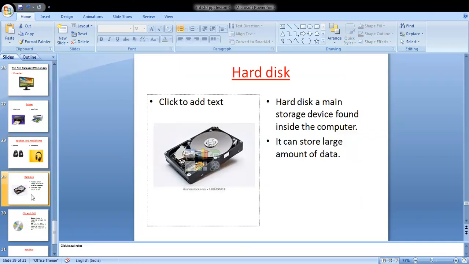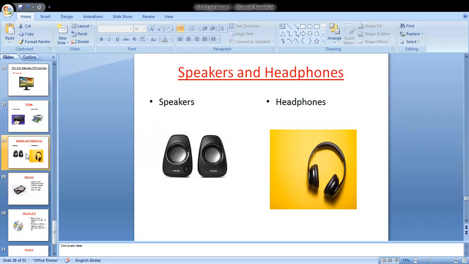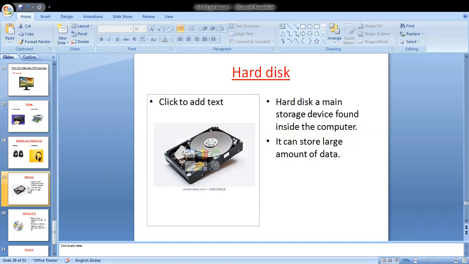Okay, so next, storage devices. What is the meaning of storage devices? We use storage devices to store the result of processing for future use. Suppose you want to do any project on a drawing subject or science subject on a computer, you have to store it, no?